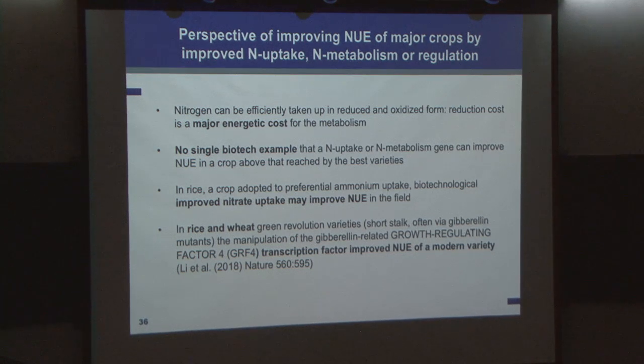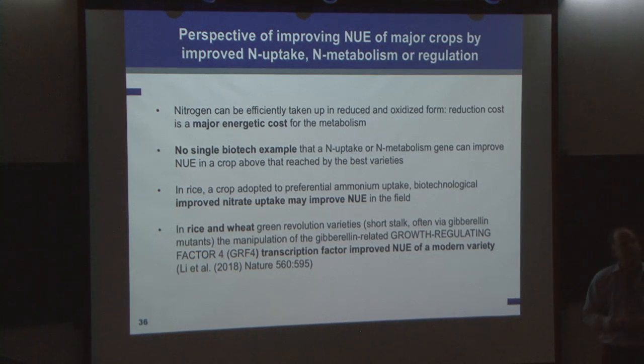There are, however, basically two examples, some of these supported by several publications, some only by one publication, that there can be genes that may improve nitrogen use efficiency. There are some examples from rice, mostly from Chinese scientists, where in rice, which is normally a species that is better adapted to ammonium-containing conditions, or high ammonium conditions,